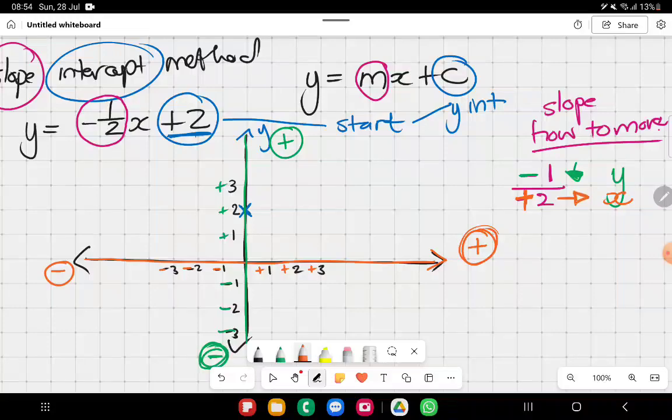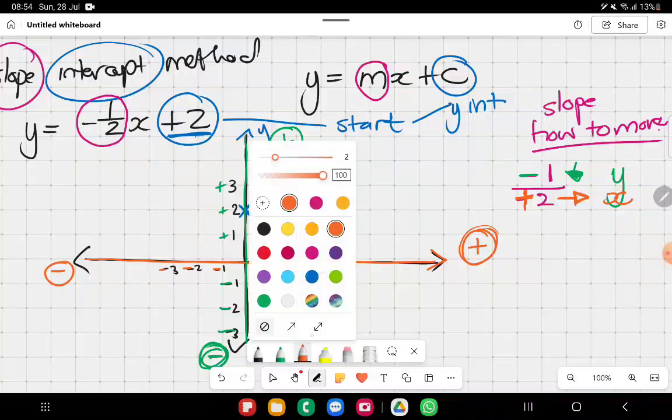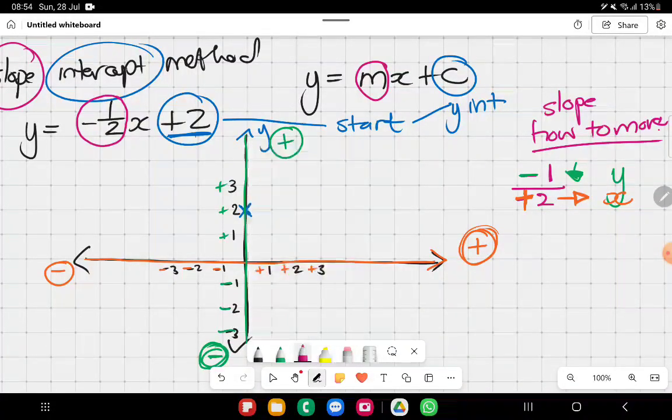So now I get to do the move. I'm now going to go to my starting point, which is 0, 2. And according to this, I must go 1 down. So that's 1 down and 2 to the right. 1, 2. So that's my second point. And then I repeat it. I go 1 down and 2 to the right. That's my third point. 1 down and 2 to the right. That's my fourth point. And this is how you draw a graph using the